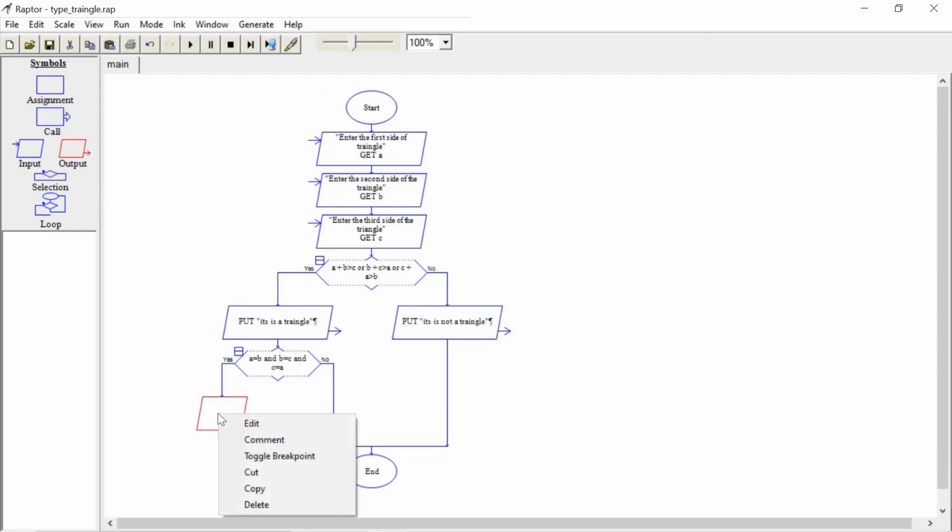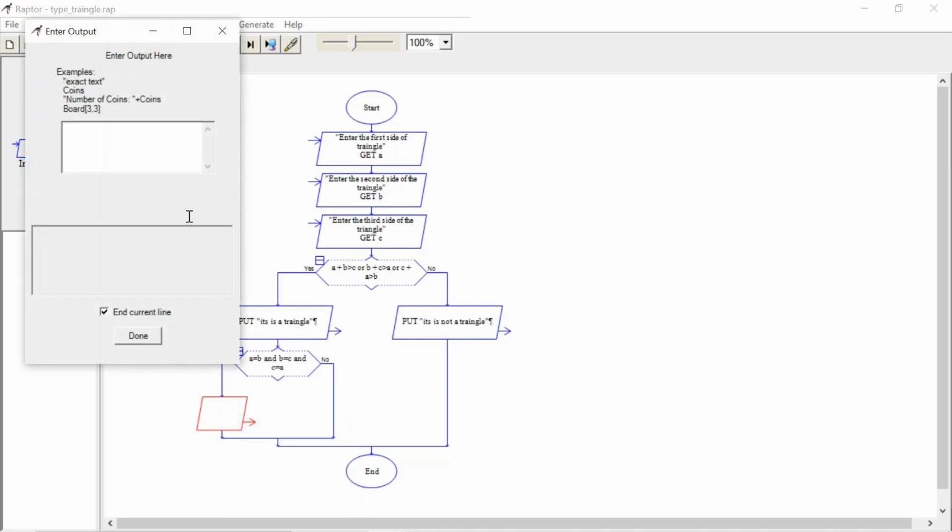Right click, edit. It is an equilateral triangle. Just click on done.